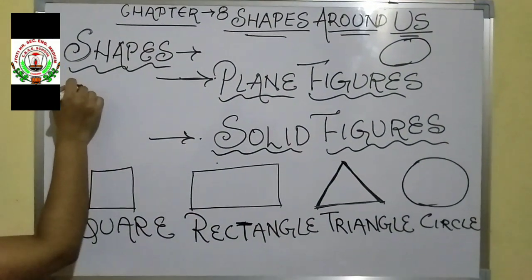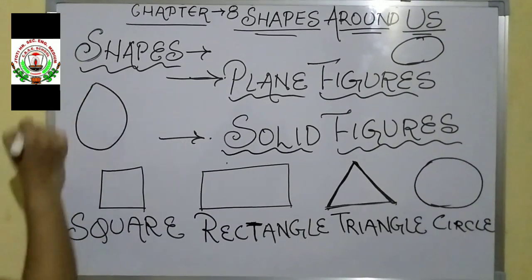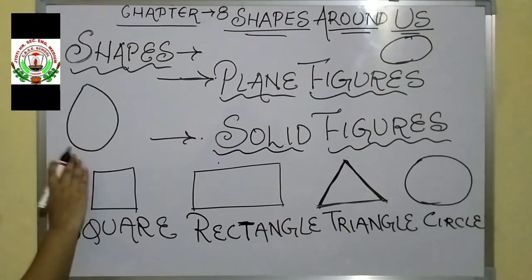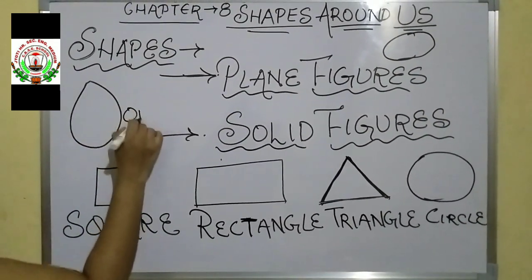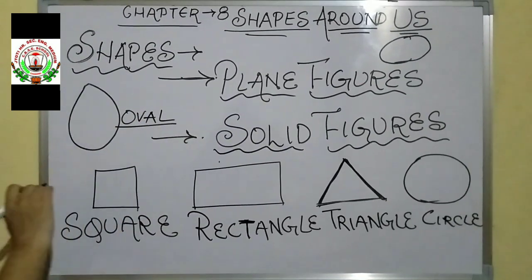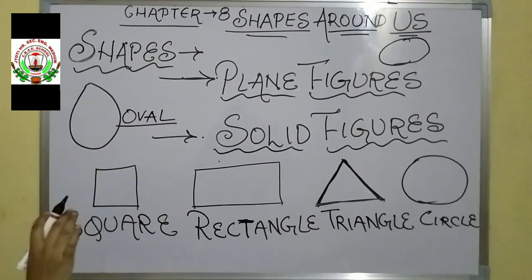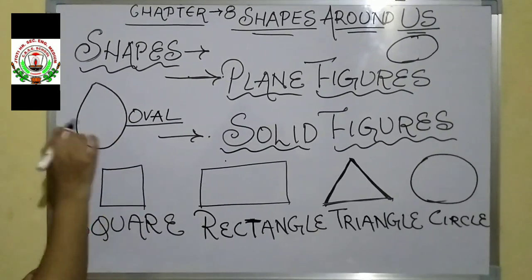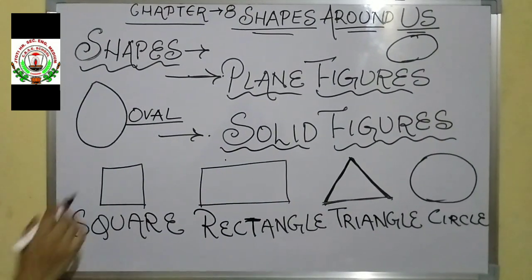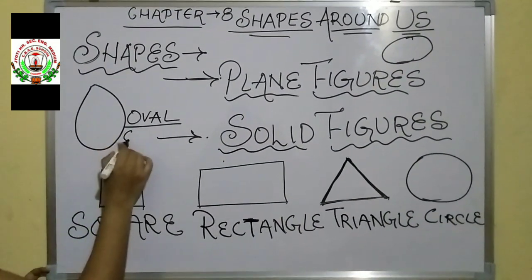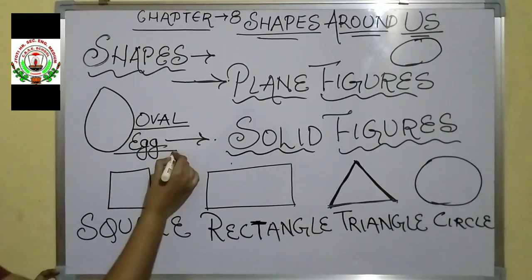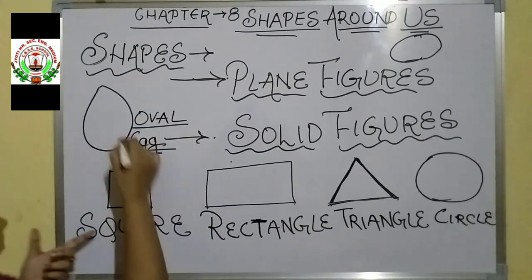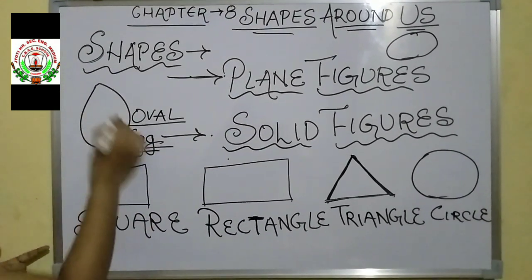One more figure I am drawing, see children. This is a circle? No, it just looks slightly like a circle, but this is not a circle. This is called oval. What is it called? Oval. You might be knowing or not knowing. Leave it. But today I have said this one. This figure is called oval. Can you give some example related to this oval? Yes. That is egg. Everyone knows eggs, and most of the children like egg very much. So egg is in the form of which shape? Oval. Yes or no? Egg is in the form of oval shape.